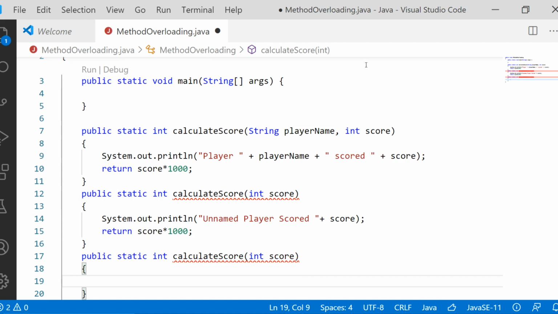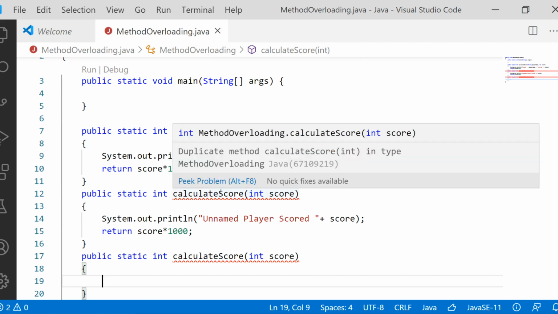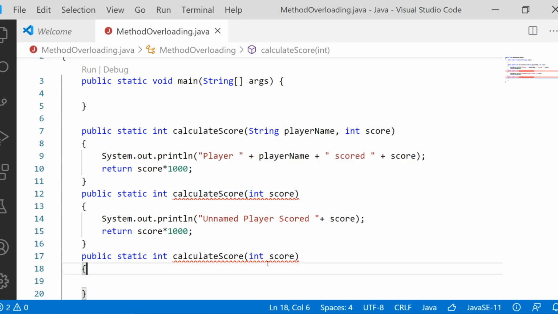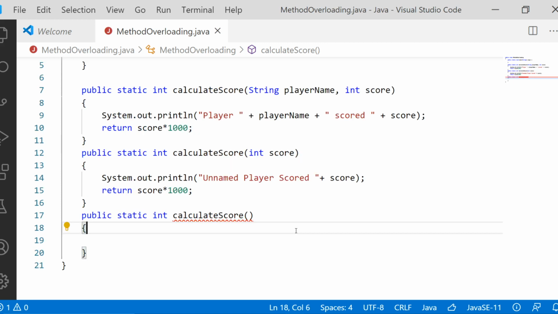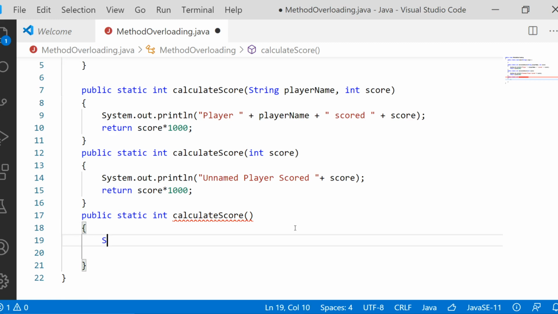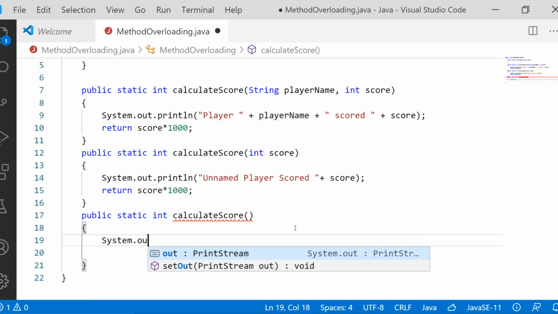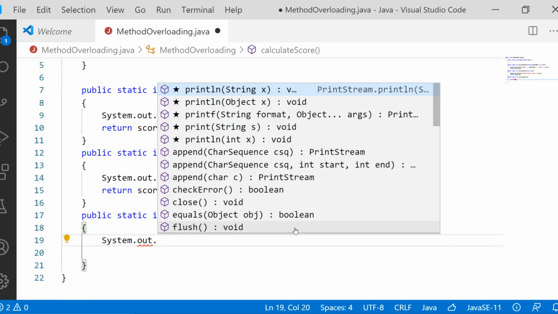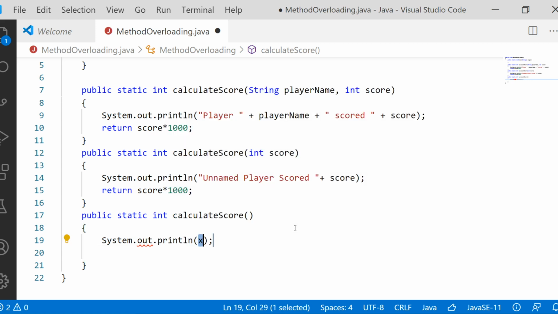No, there is an error for both these methods. The error is duplicate method. Okay, so now what we can do is we can just remove this argument. So now it will actually be working. Entering inside, we will write system dot out dot println, and here no player name, no score.